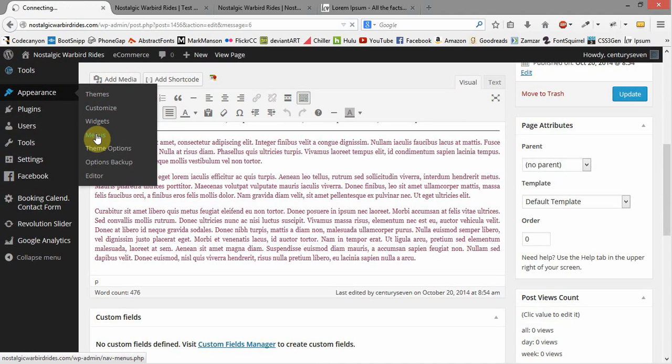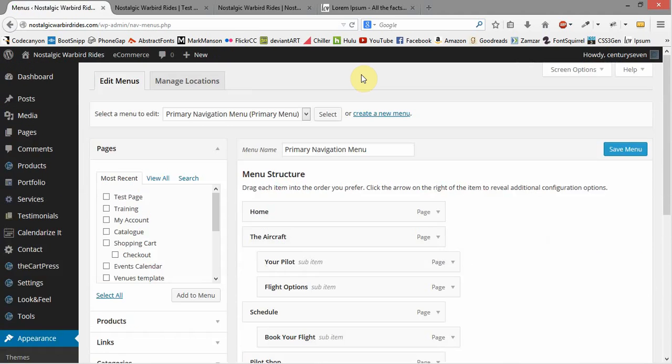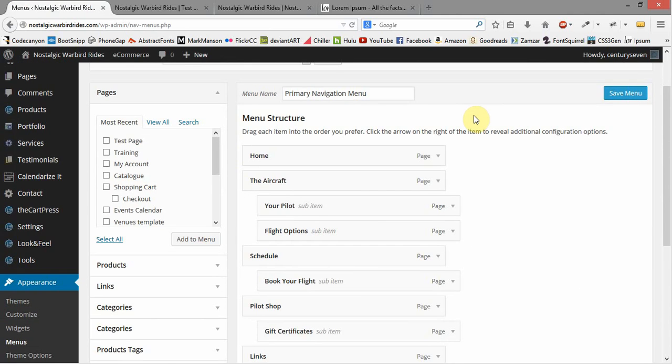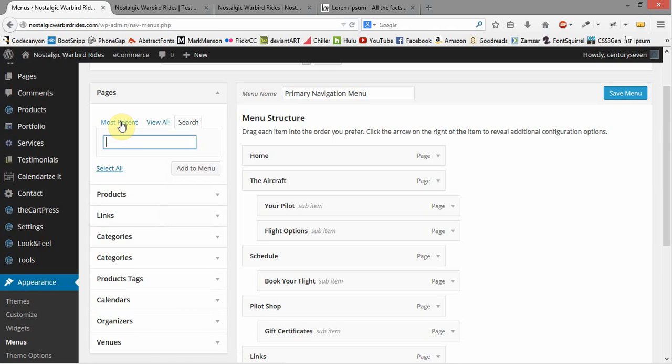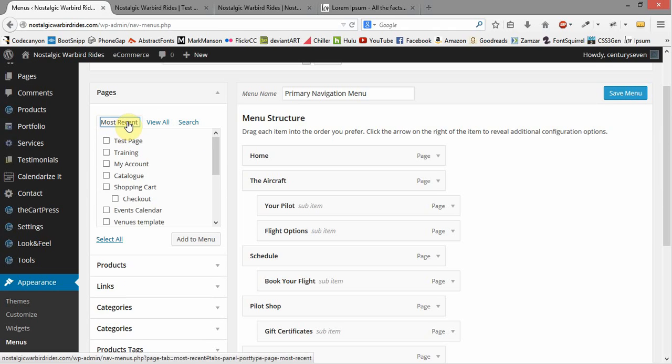to Menus. And this is going to take me into the area where I can edit the menus on the page. And you're going to notice the one thing right over here is where it says Pages. You're going to see Most Recent, and it's going to show you the last page that was created. Very, very convenient. Over here you can view all pages or search for a page by name. But here it's going to show you the most recent page, and right here we have the test page that